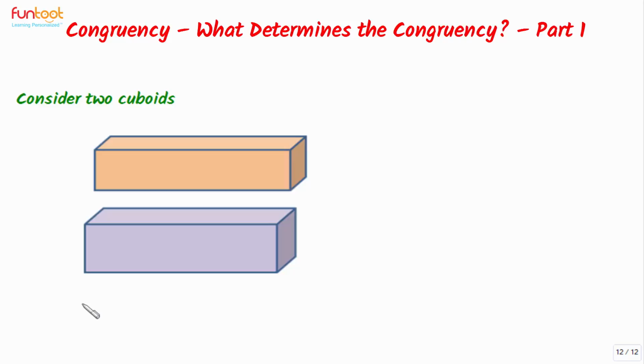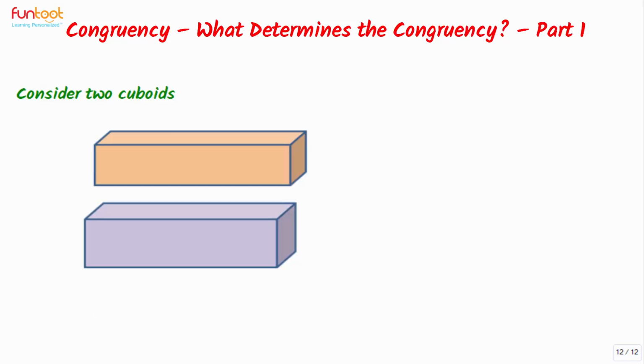Let's consider two cuboids. What can we say about these two cuboids? Are they congruent? How can we decide? All of us can agree that their shapes are same. It is clear that both are cuboidal in shape. Can we agree that their sizes are same too? Maybe yes, maybe not. If you look at both the cuboids carefully, the lower cuboid, that means this cuboid, appears